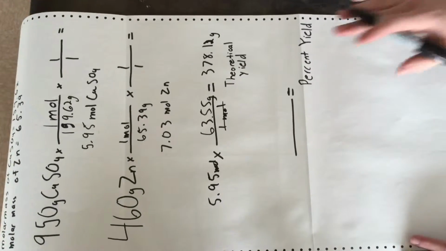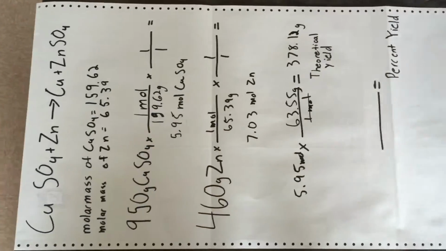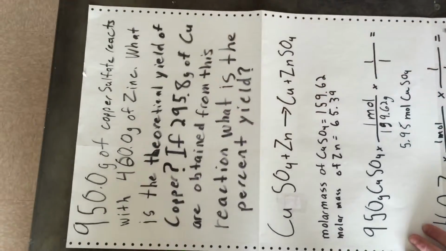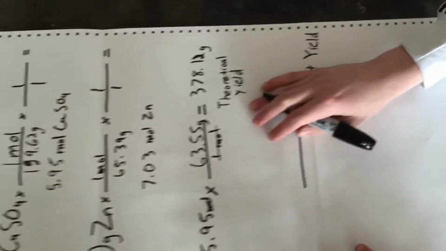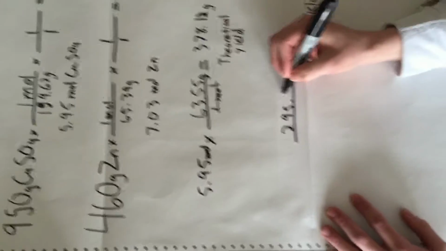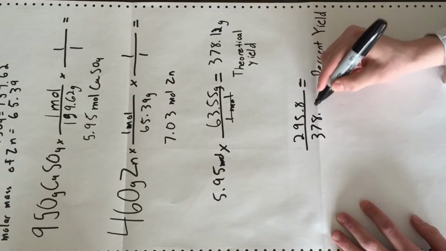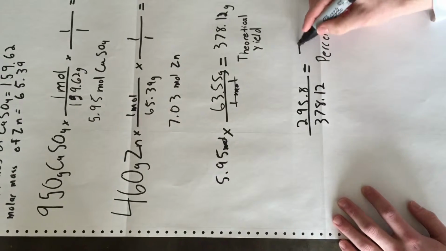So in theory, that's how much we should be getting from our reaction. But as seen up here, we get 295.8 grams of copper. So if you take 295.8 and divide that by the theoretical yield, which is 378.12, that will get you your percent yield, which happens to be